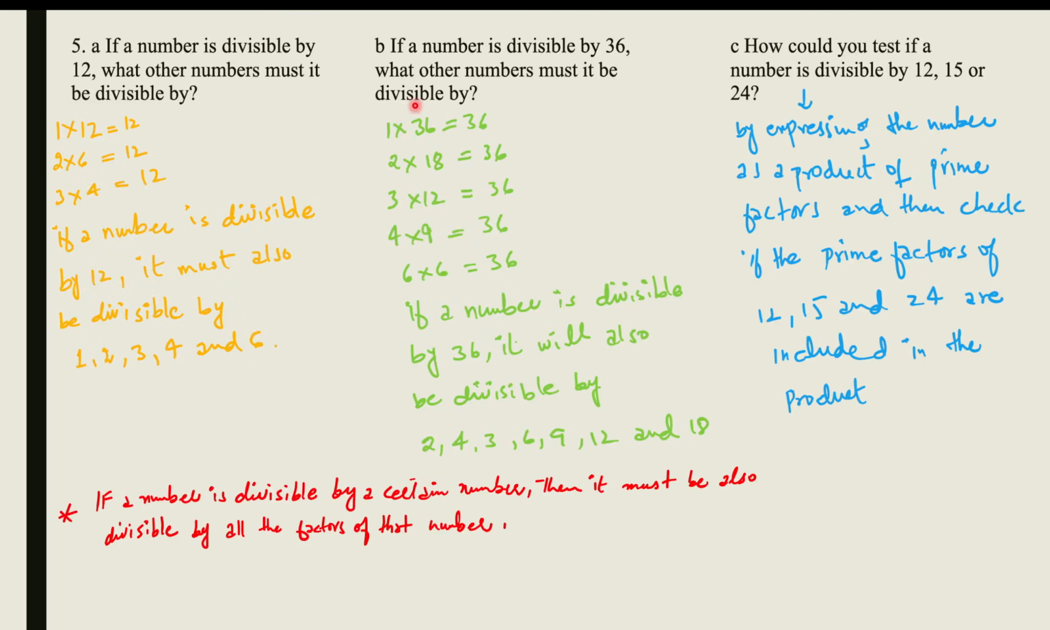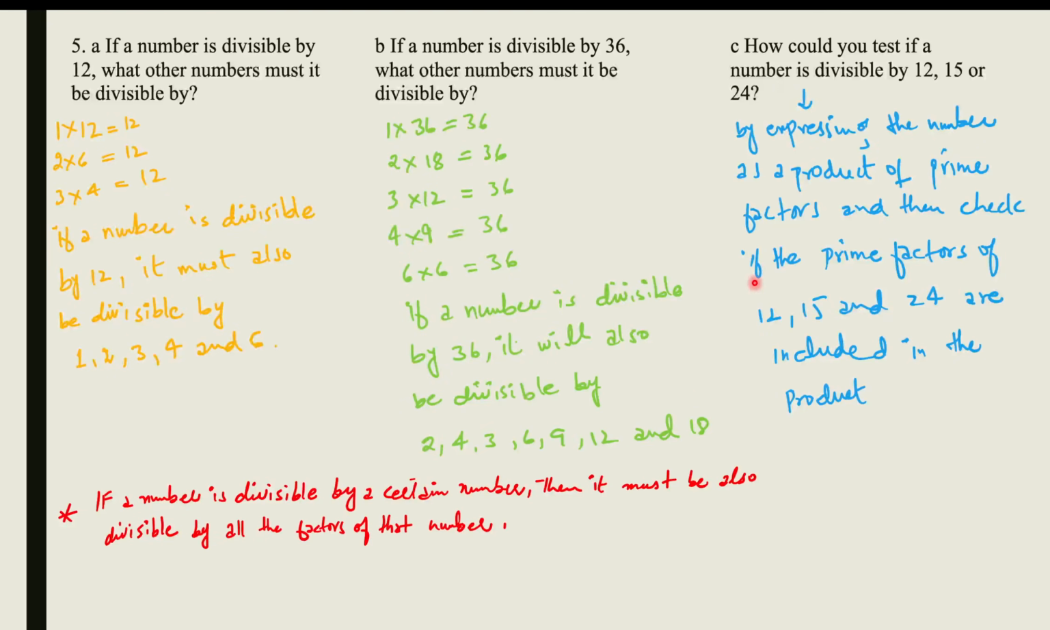Another part of the question, if a number is divisible by 36, what other numbers must it be divisible by? So we find the factor pairs of 36. If any number is divisible by 36, it will also be divisible by the factors of 36, which are 2, 18, 3, 12, 4, 9, and 6. So if a number is divisible by 36, it will also be divisible by 2, 4, 3, 6, 9, 12,